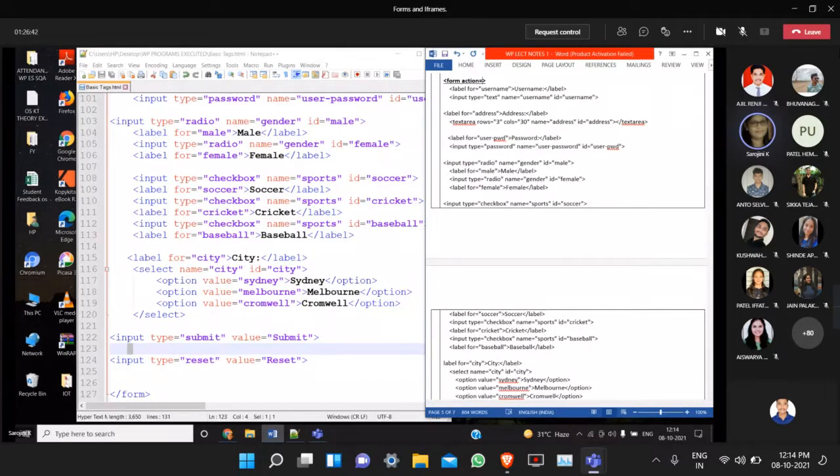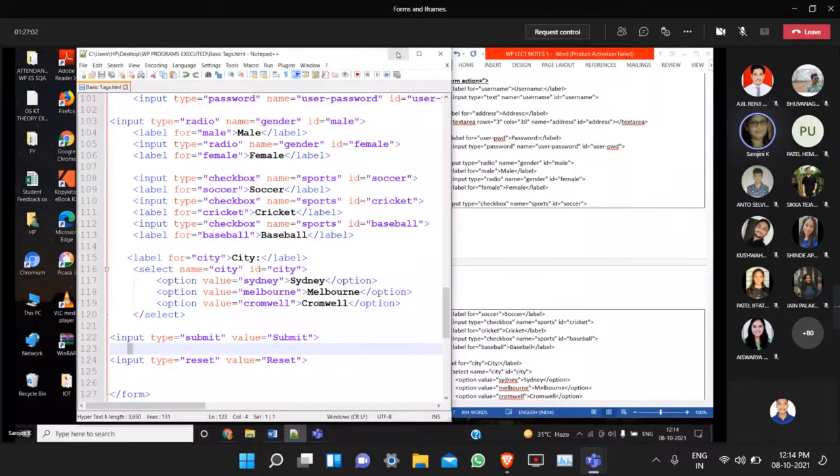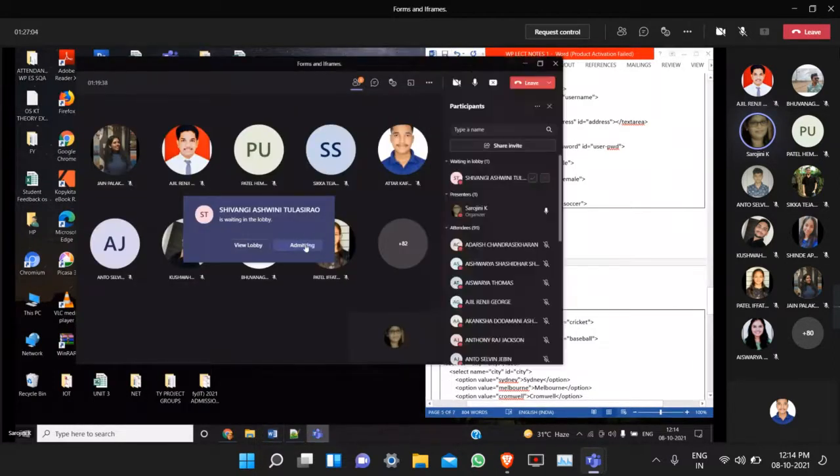Remember, action is an attribute of which tag? Form tag. So within the form tag, I am writing action. ACTION. In this action, I can give the destination page. But right now we did not create any destination page.